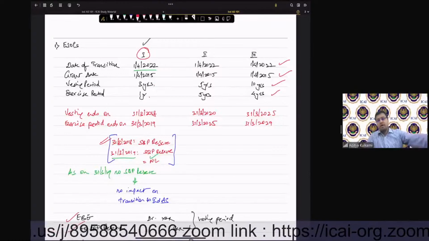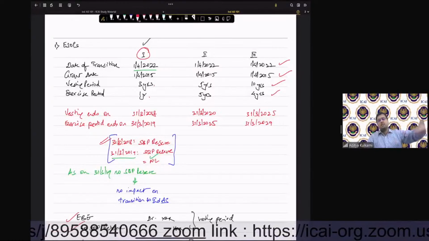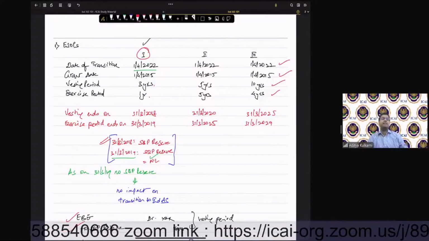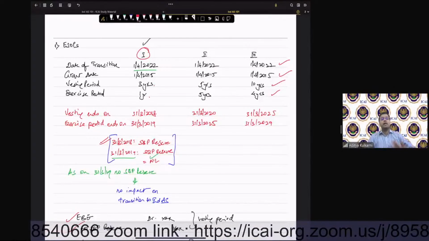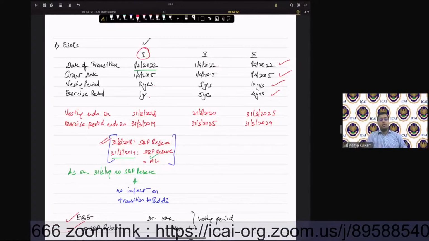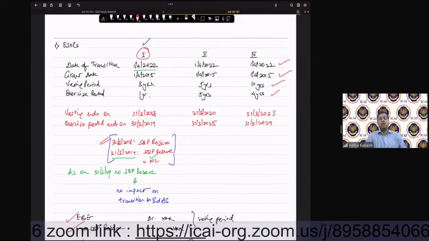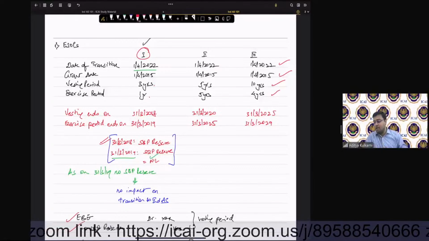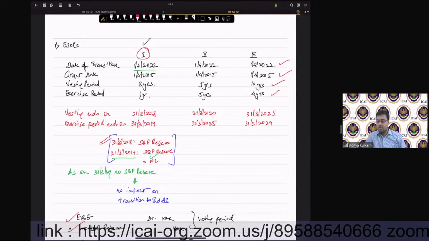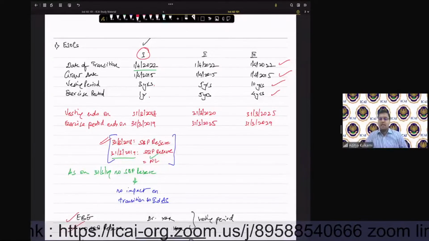First case, no impact because vesting is done, stock options are granted, nothing is outstanding. Second case, vesting is done, grant date is pending. You can give a transitionary relief, or ultimately what you can do is you can go for a retrospective restatement. Third case,